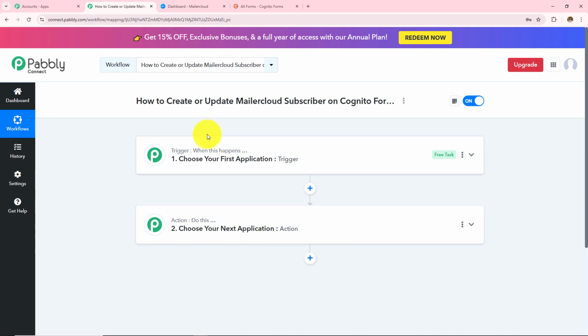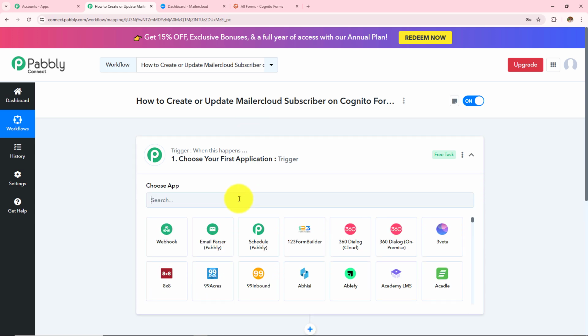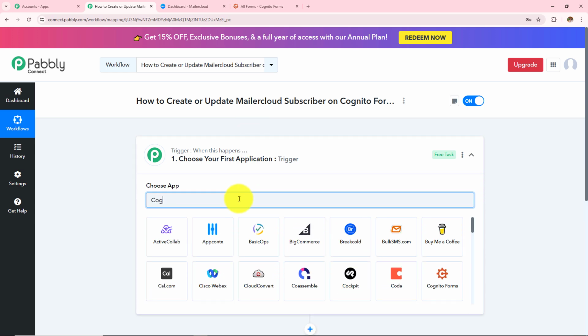Here in this workflow, I want to create or update Mailercloud subscriber on Cognito form submission, which means whenever there will be a new Cognito form submission, a subscriber will be created in my Mailercloud, which means whenever there will be a form submission in my Cognito Forms, this complete workflow here will get triggered, because trigger says when this happens. So whenever there is a Cognito form submission, and then action says do this, then create or update Mailercloud subscriber. So here in my trigger application, I am going to take Cognito Forms,